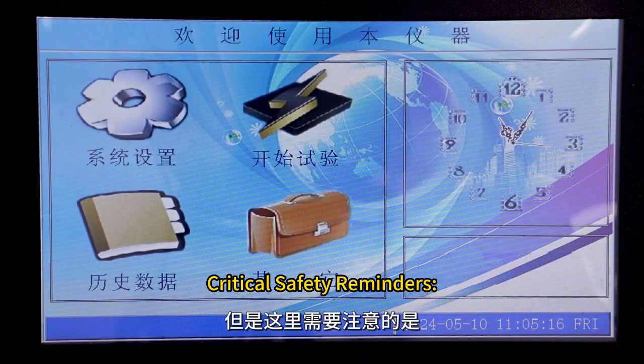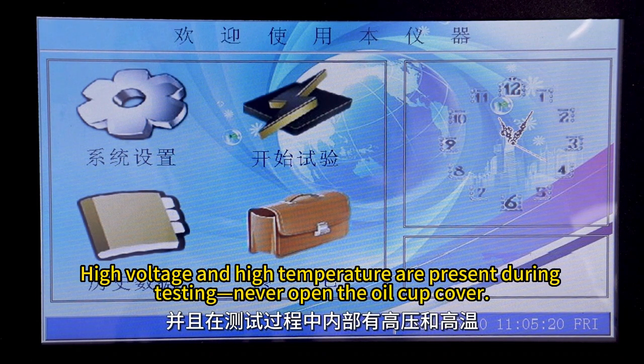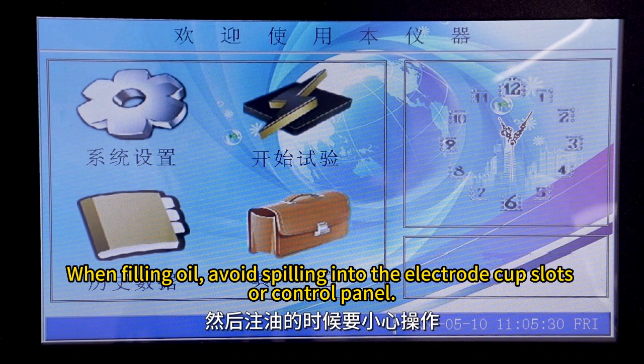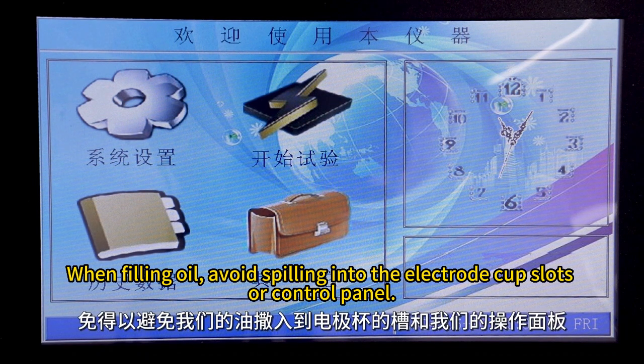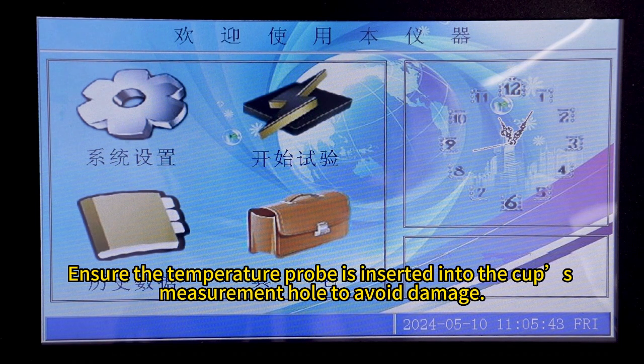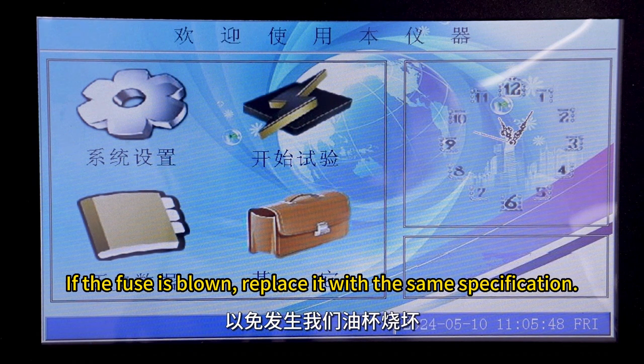Critical safety reminders: the instrument must be reliably grounded during use. High voltage and high temperature are present during testing. Never open the oil cup cover. When filling oil, avoid spilling into the electrode cup slots or control panel. Cup installation and cleaning must follow procedures strictly to prevent discharge and instrument failure. Ensure the temperature probe is inserted into the cup's measurement hole to avoid damage. If the fuse is blown, replace it with the same specification,